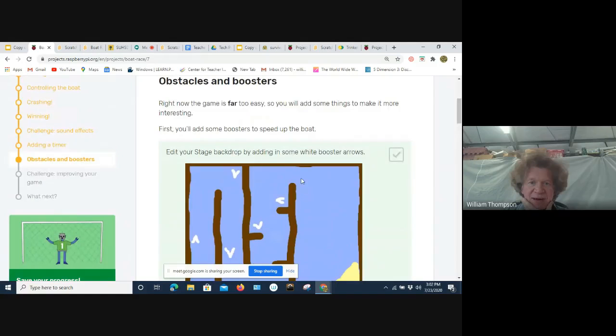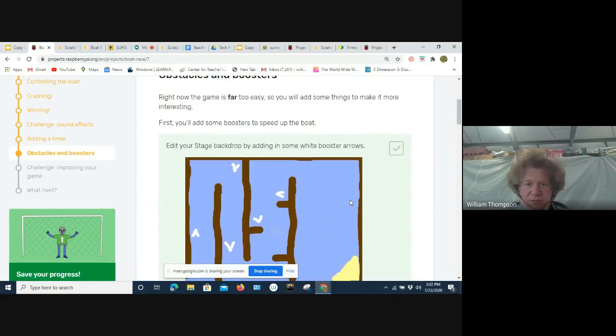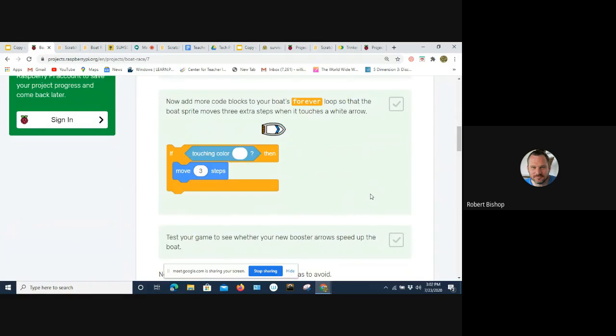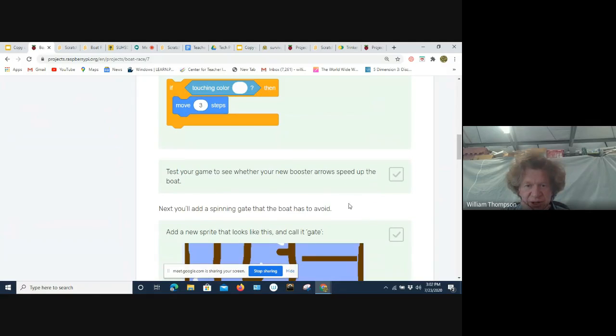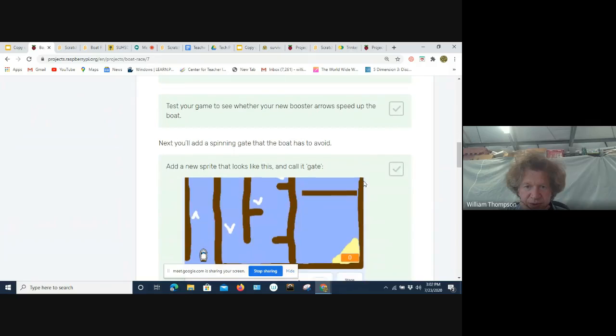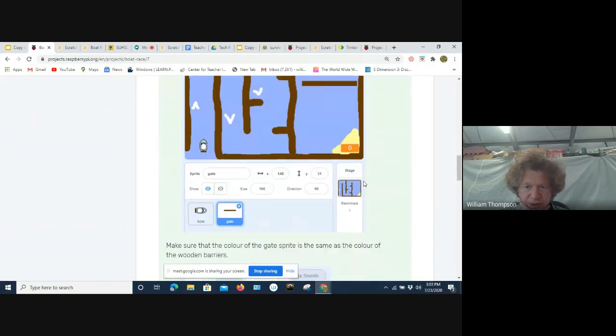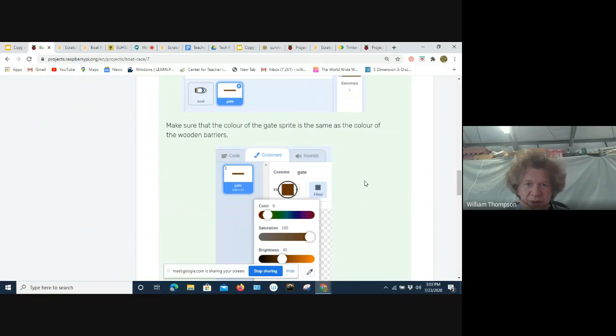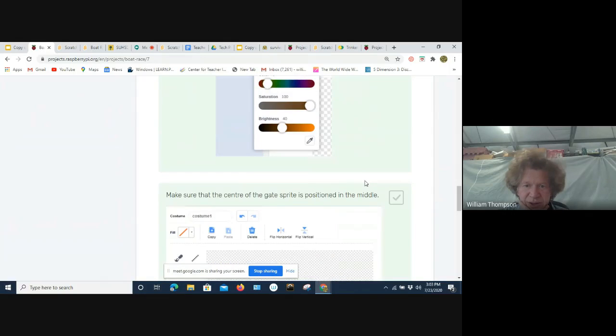Okay, enter the stage backdrop by adding some white arrows. They didn't explain very well how to draw the arrows in there. Make sure that the color of the gates, okay.